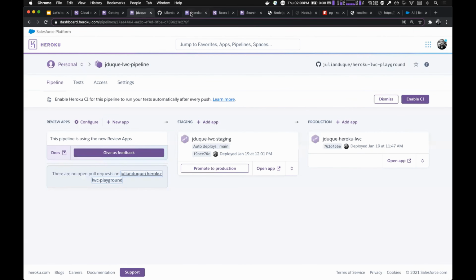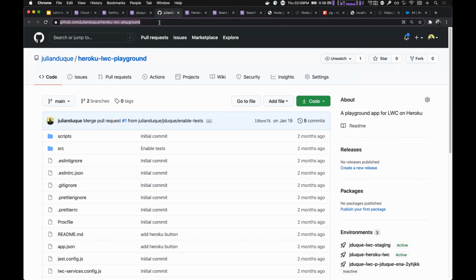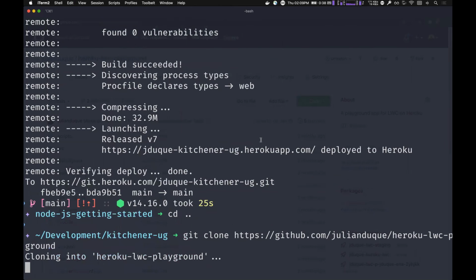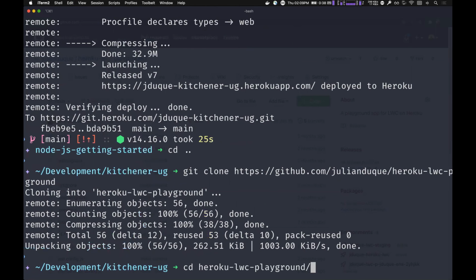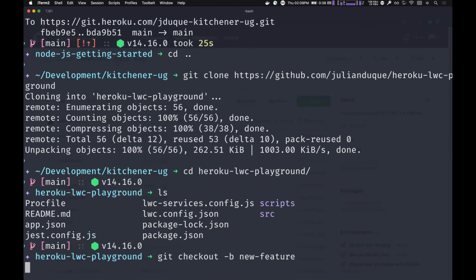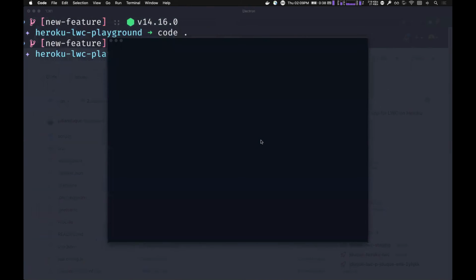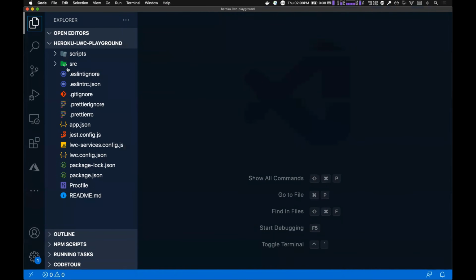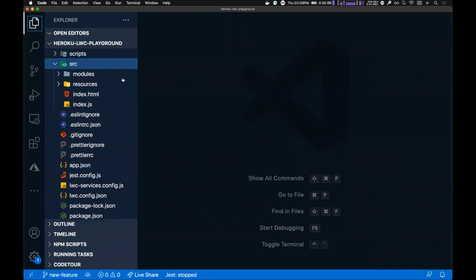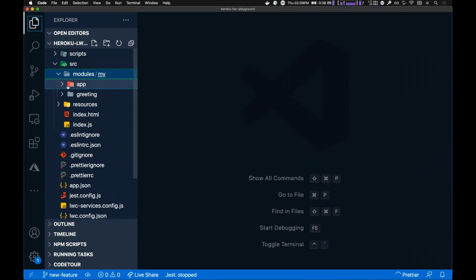Okay, this is using review apps. Let me go quickly. I was not prepared, but I can always clone this repo. Git clone this repo. Go ahead and open this, and let me create a new branch. Git checkout -b new feature. Open my code. Let me change the code. I'm going to go to source, modules,